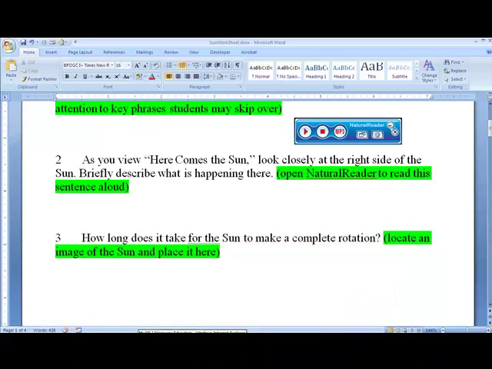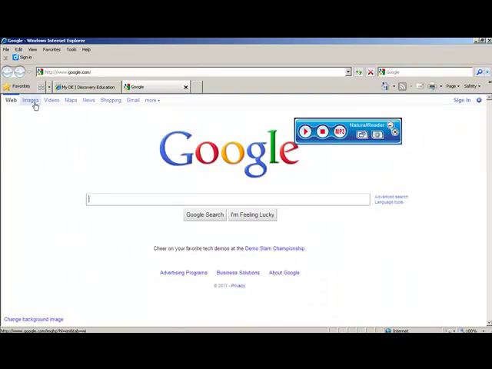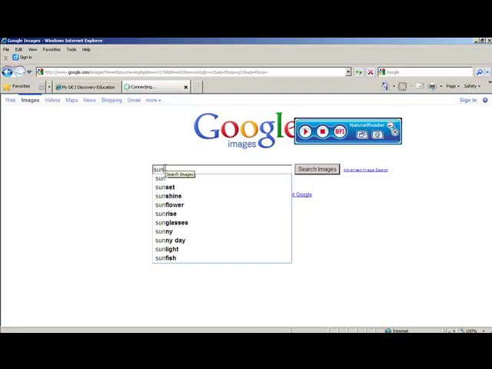And you may have some other resources that you like to use, and certainly your media specialist is a great resource for where to go to find good curriculum related images. I'm just going to go to Google in this example, and I'm going to click on images, and type in sun,